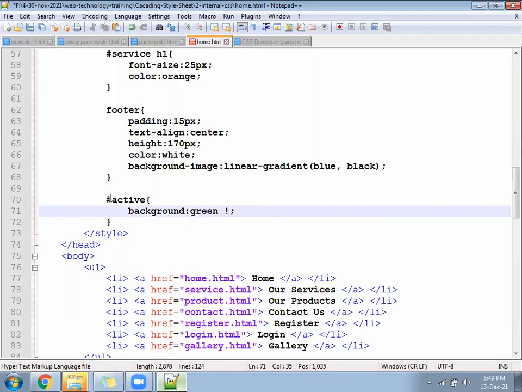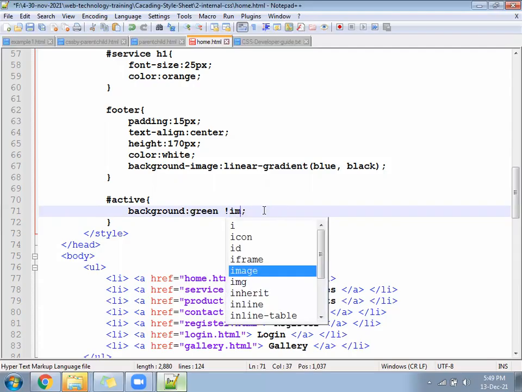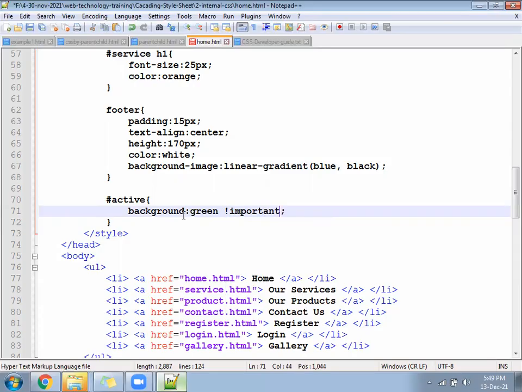You have to set important for higher priority, because we have already made it black. Exclamation important.